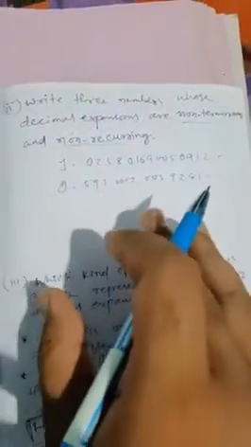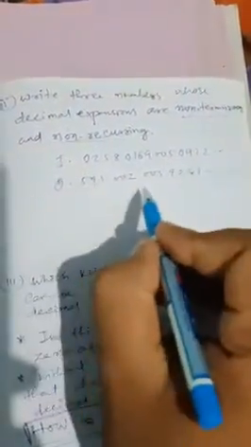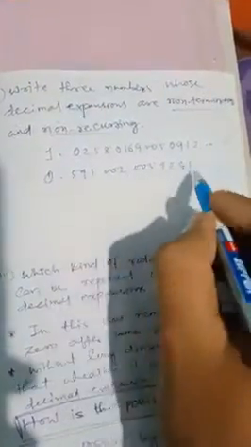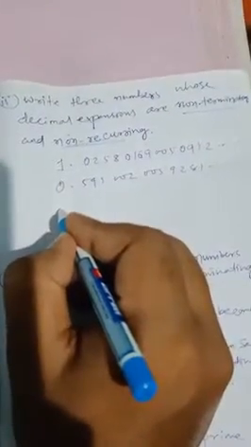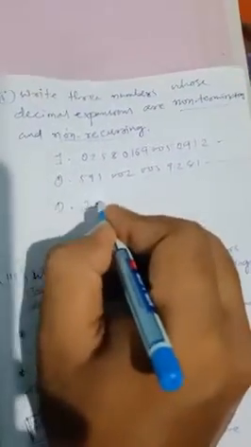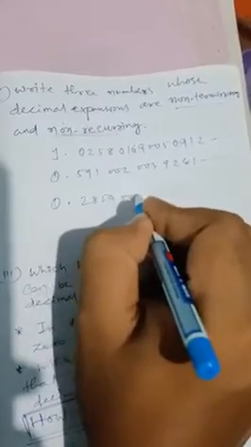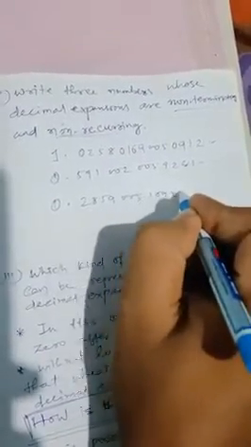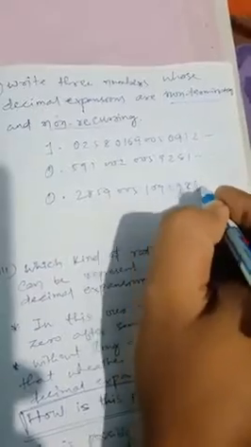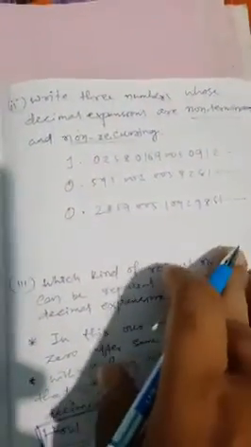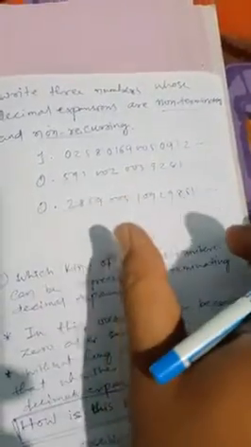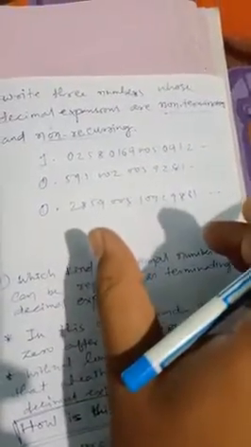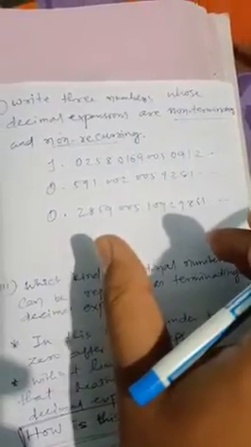0.591002005928 like this. हमें सिर्फ ये ध्यान रखना चाहिए कि कोई भी रिपीटिंग ब्लॉक नहीं होना चाहिए, एंड नहीं होना चाहिए, मतलब टर्मिनेट नहीं होना चाहिए. Next you can also write 0.2859000510929861 like this. It is very easy. We just write non-terminating numbers, and also there should not be any repeating block right now.